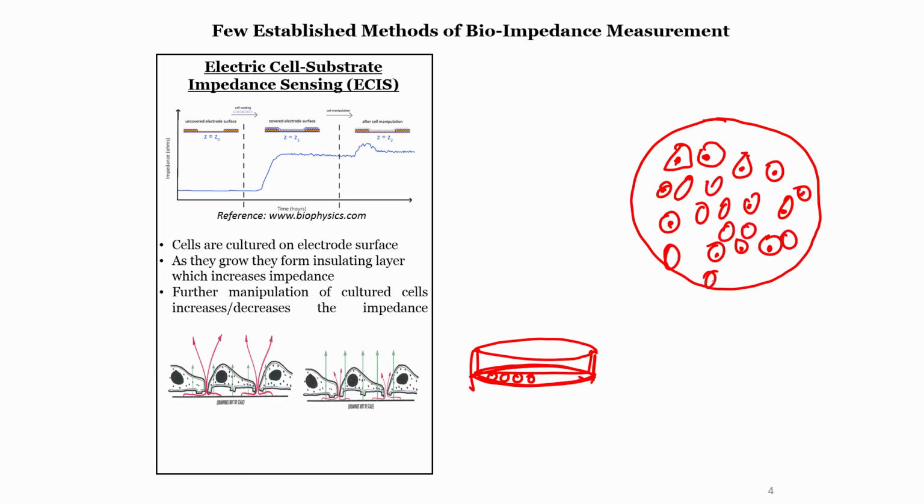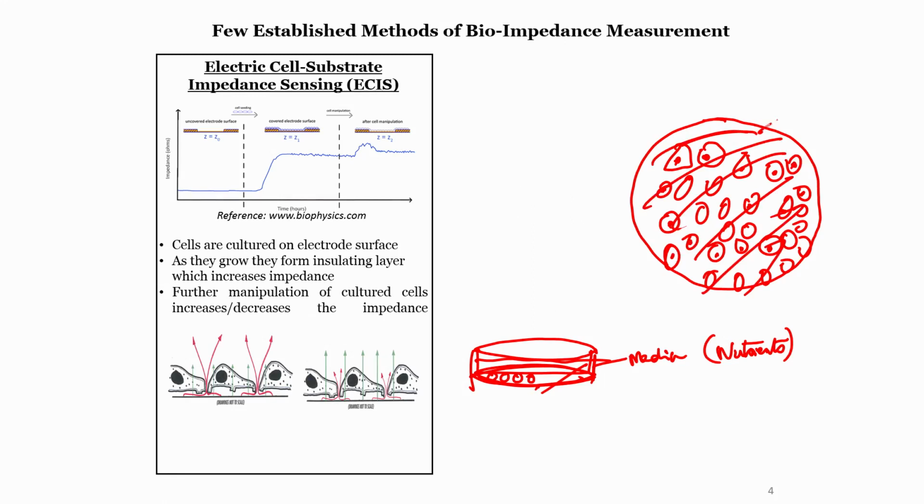When we first put the cells, they may not be that many in number. But for culturing the cells we also add something called media, which is basically the food or the nutrients for the cells. Over time they take the nutrients from this media and the cells will grow. When the cells occupy most of the area of the petri dish, the tissue culture dish or the TC plate, where TC is tissue culture, then it is called confluence. Greater than 90% area occupied can be called confluent cells.